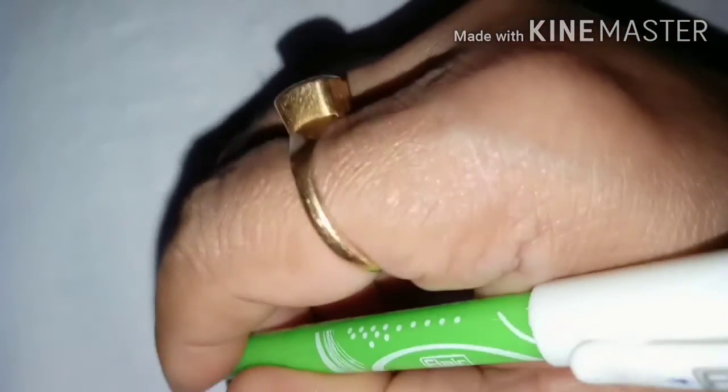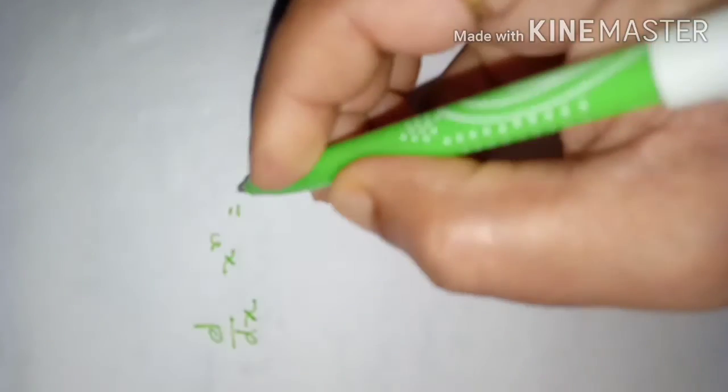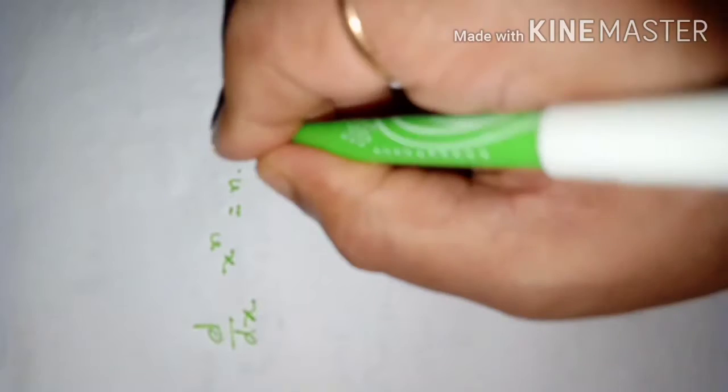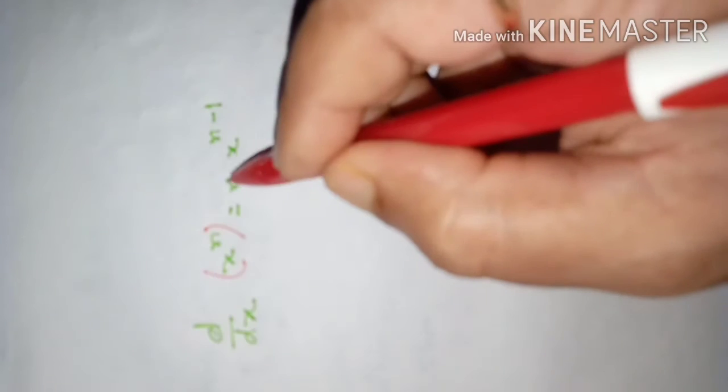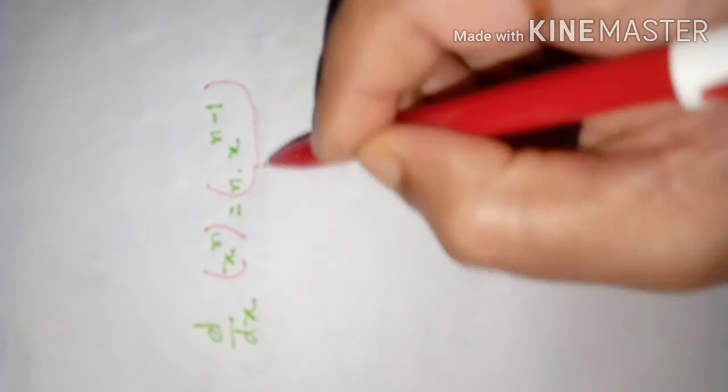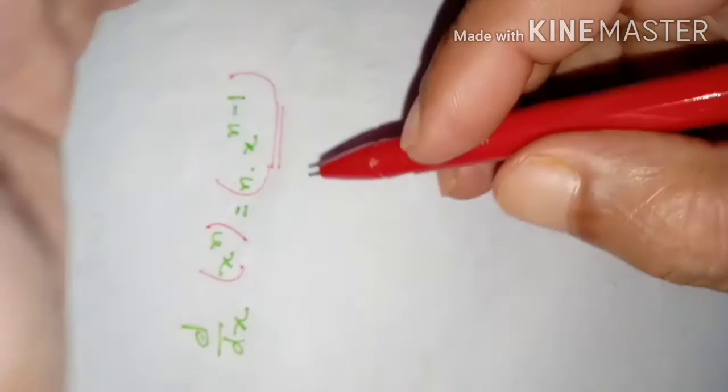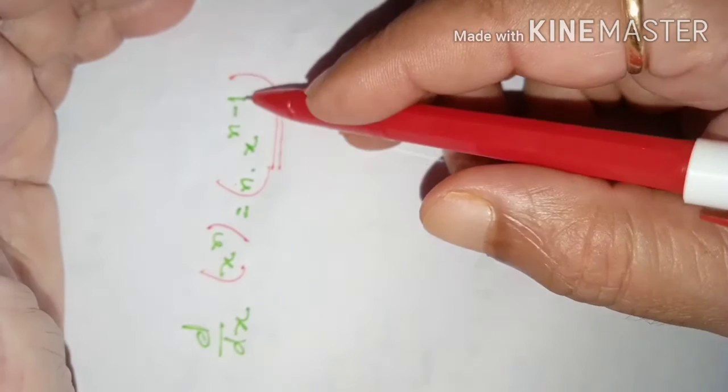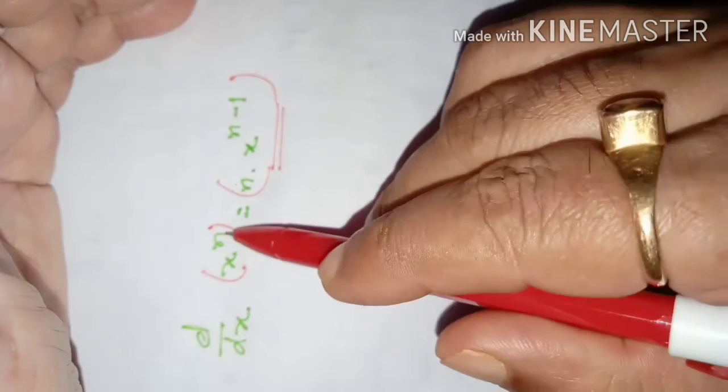Good morning, dear students. So, we are talking about antiderivatives or integrals. Dear students, if I ask you what is the derivative of x to the power of n, your answer will be n times x to the power of n minus 1. So, it gives us the idea about the antiderivative of this whole function. If somebody asks us what is the antiderivative of n times x to the power of n minus 1, we have to say x to the power of n.